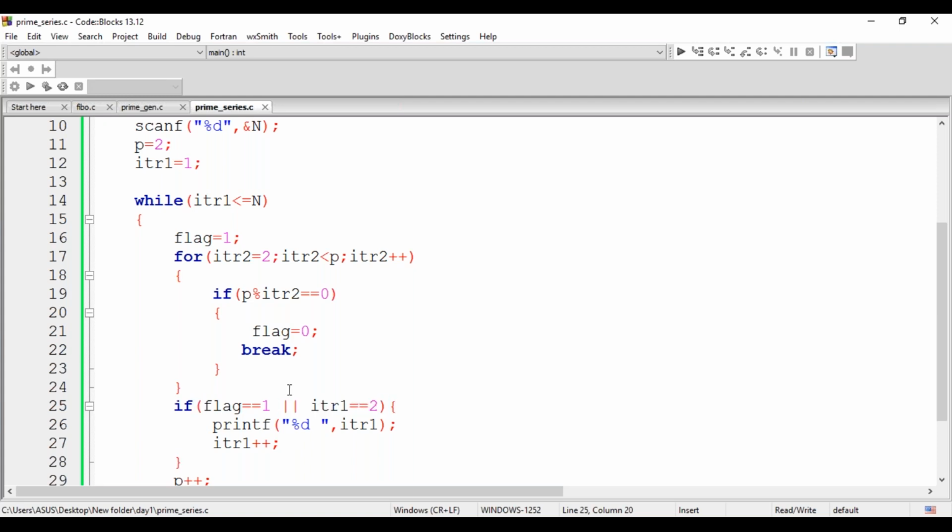As of now, let me reduce this condition. Okay, I'll just check it and we can add the condition here. It is displaying all the numbers. It should not happen, right? All the numbers should not be displayed. Only the prime numbers should be displayed. Something else is happening. Just give me a minute.